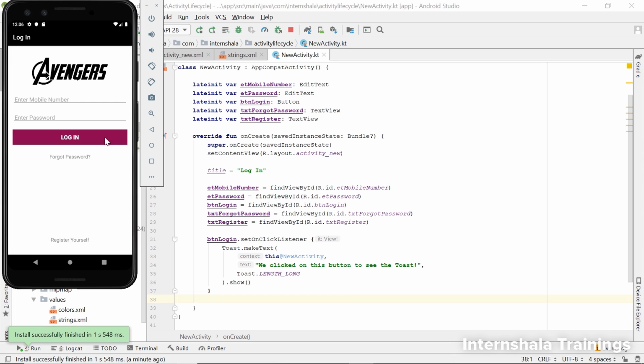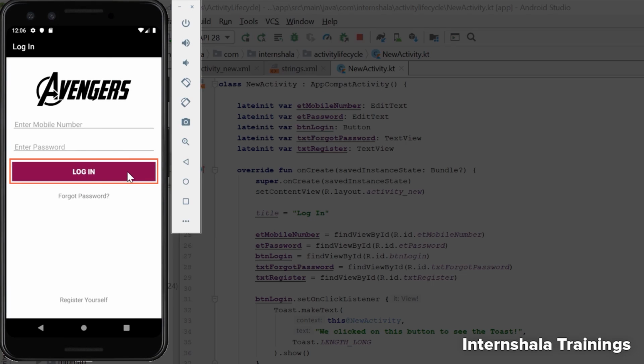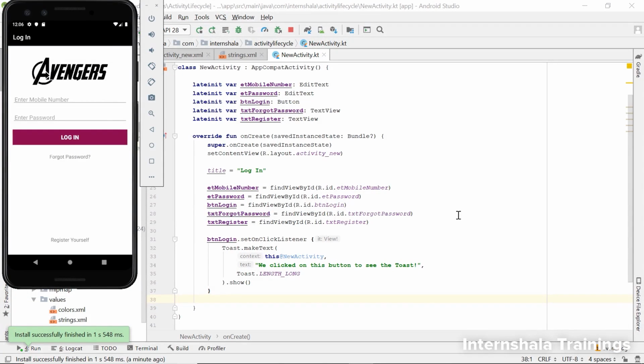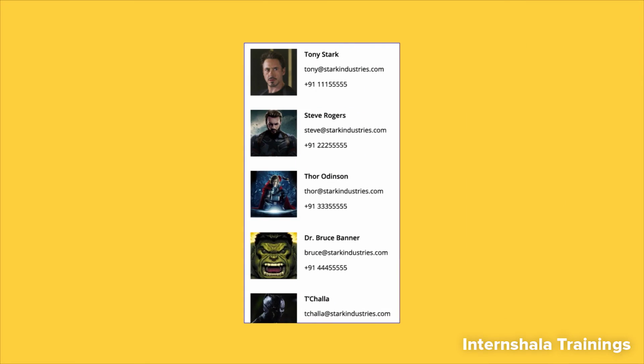Okay, so till now, this is what our app can do. If we click on this button, the message appears. In a real-life scenario, this message will most likely be an error message that appears when the user enters incorrect credentials. But we still need to work a lot on this screen to make it fully functional. The first step is to add another activity that will open when someone enters the correct credentials. For now, instead of making a new activity, let's use this screen as the next activity screen.